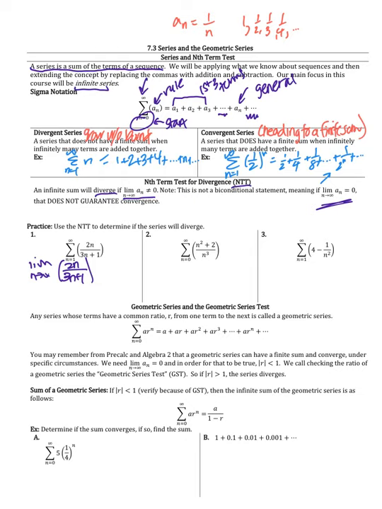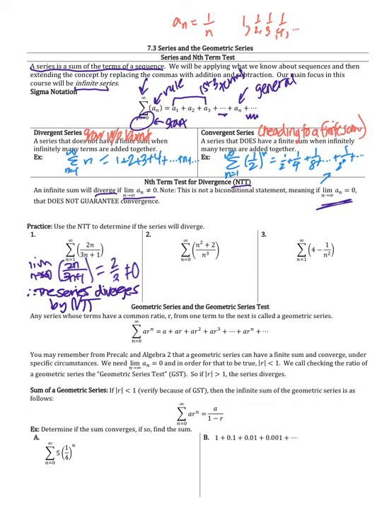So as n is going to infinity, what's happening here in this polynomial expression, this limit is going to be 2/3. And 2/3 is in fact not equal to 0. Therefore, this series diverges by NTT. And I am going to expect you to name the test that you're using when you are determining convergence or